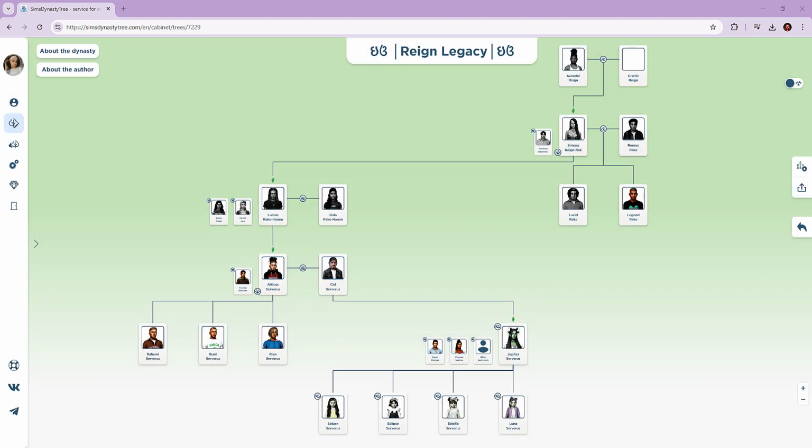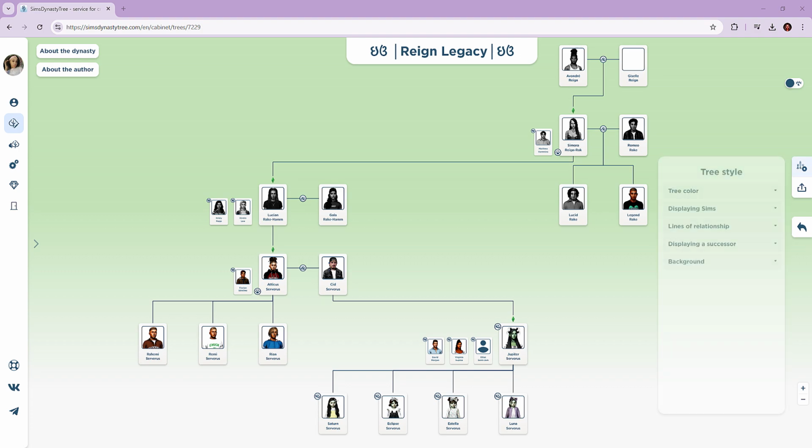All right, I would like to introduce you all to the Rain Legacy. If you don't know anything about this legacy, it is from my Sweet and Sour Legacy Challenge, and I streamed this series over on Twitch. Like I mentioned earlier, I'm 5 generations in this legacy. Technically, it is 6 generations, but we're not going to count Avandre and Giselle because Samora was the heir of Generation 1. So if you look on the right side, you'll see a bunch of different things, but for now,